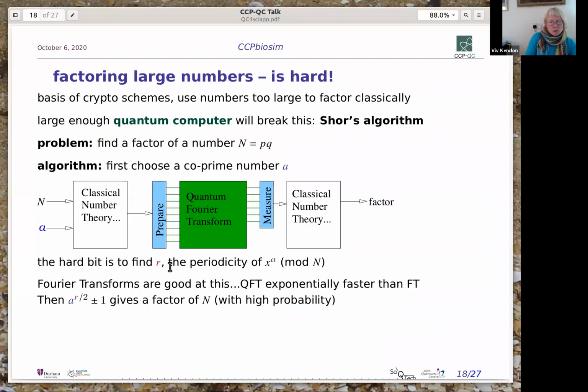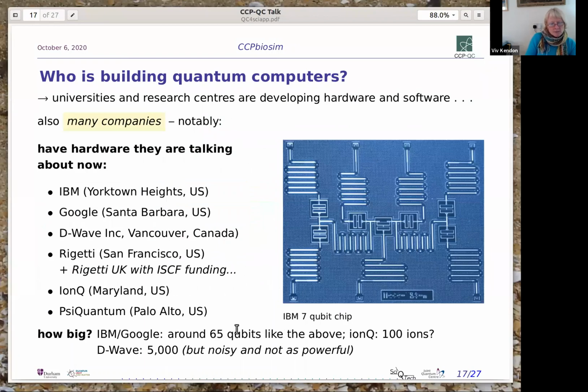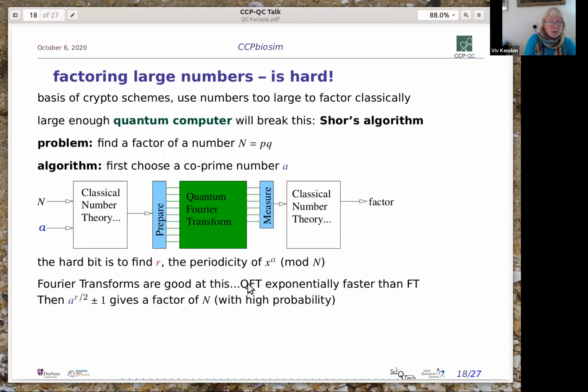So, okay, what could we do with 65 qubits? Well, first I'll tell you what we can't do with 65 qubits. And that's the factoring problem, because that's maybe the one that you've heard of, that quantum computers will be able to do faster than classical. And it's the basis of crypto schemes. It's the basis of the RSA cryptography that is widely used to protect data, for example, for banks or financial security. And it's true that a large enough computer can run Shor's algorithm